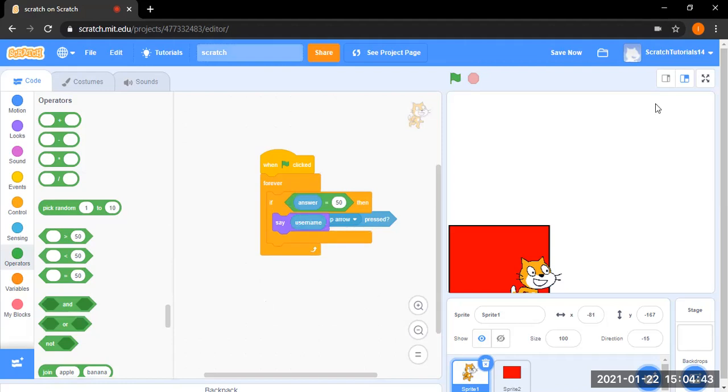And as for go to X and Y, you can just do that, like go to X, pick random 1 to 10 and it will take you to a random position. And for this, and like if touching color red and if touching color black, then do something else. And